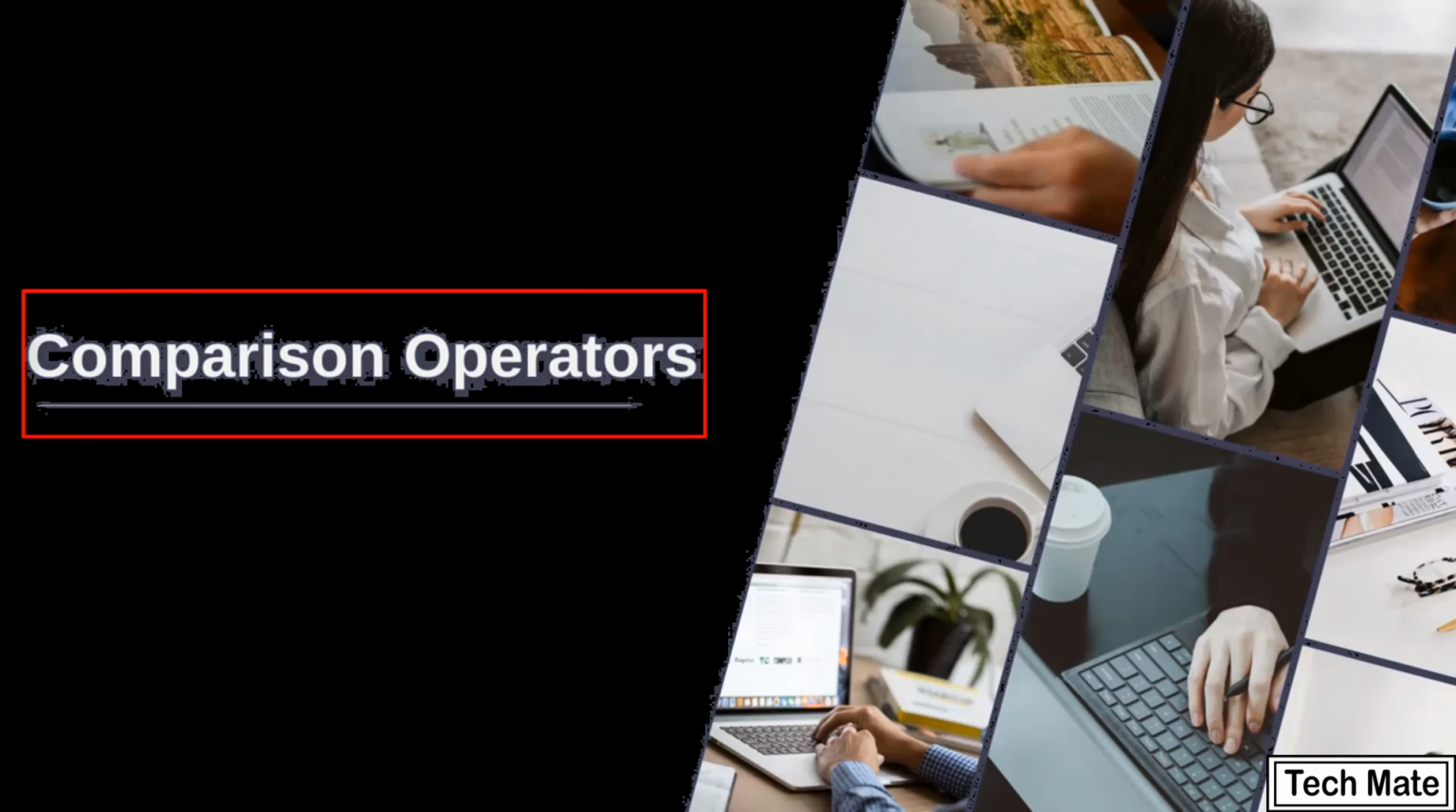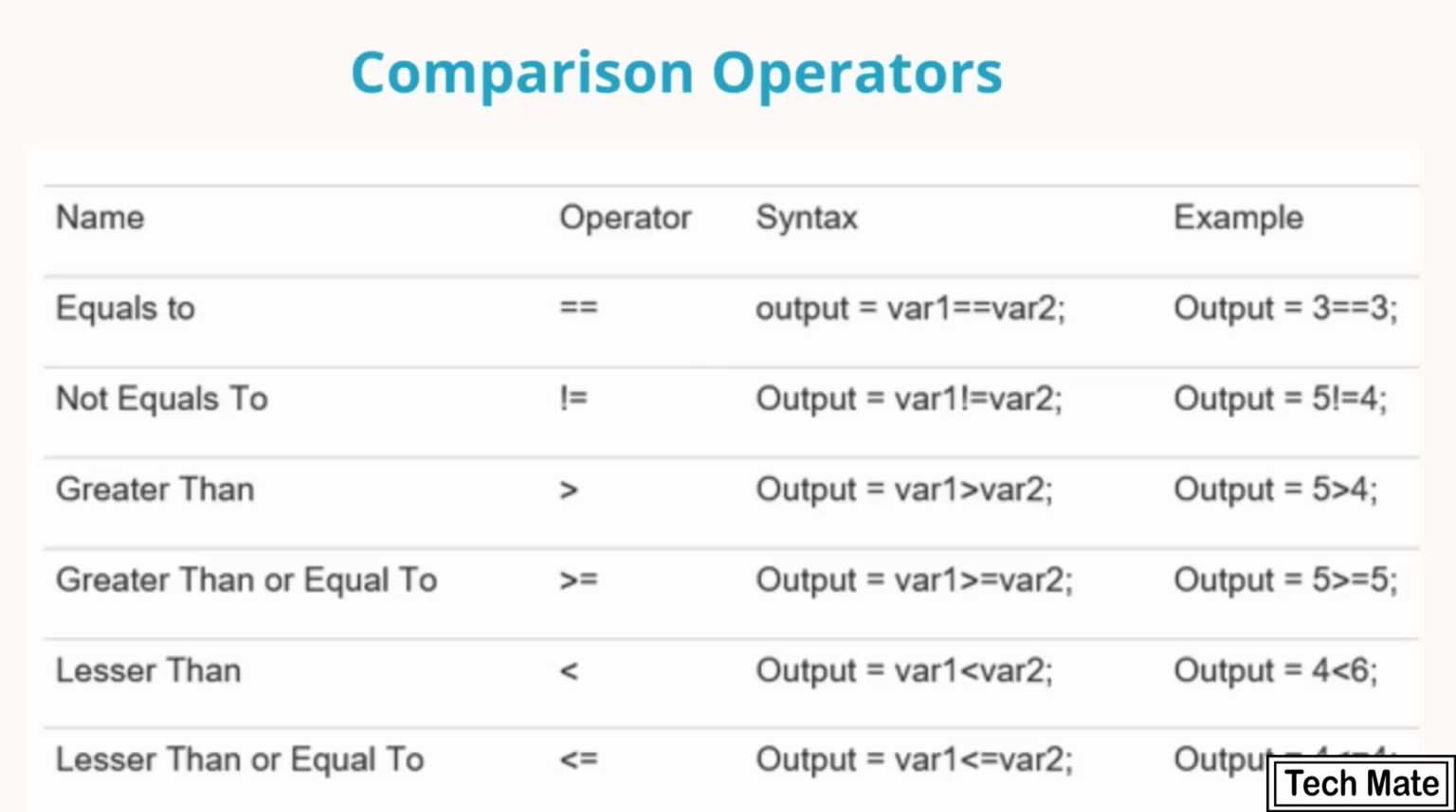Now let's have a look at the comparison operators. We have these 6 operators for comparing values. Single equals to is the assignment operator, while double equals to is the comparison operator, which compares whether two values are equal or not. If the values are equal, it will return true, otherwise false, and the very opposite is the not equals to